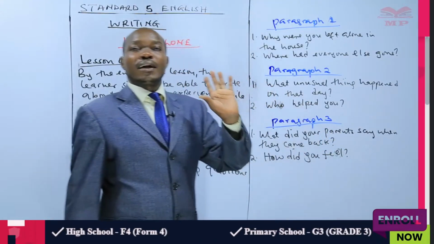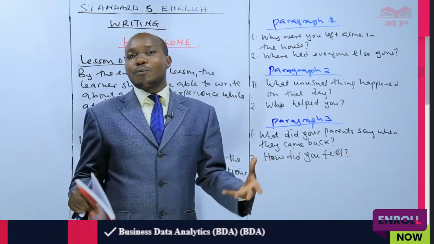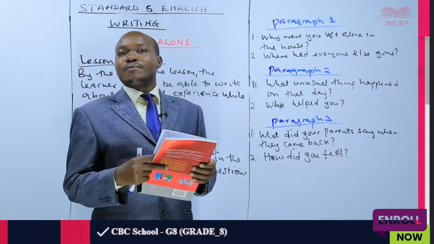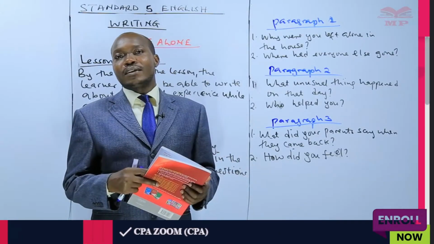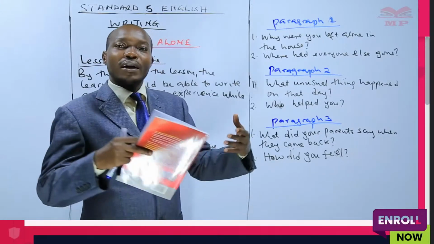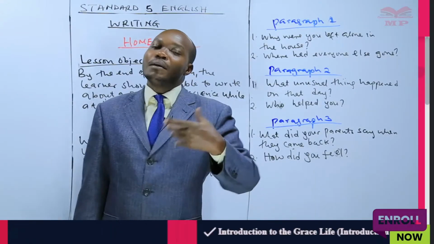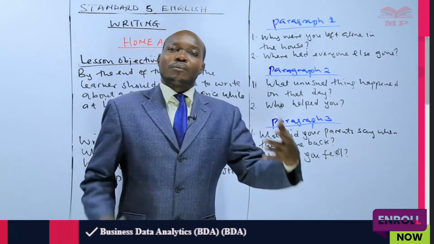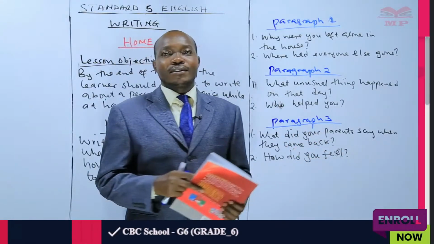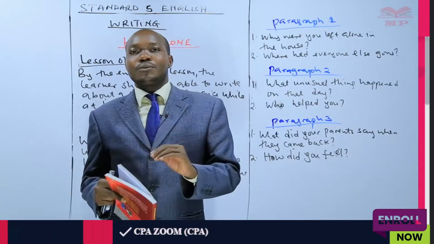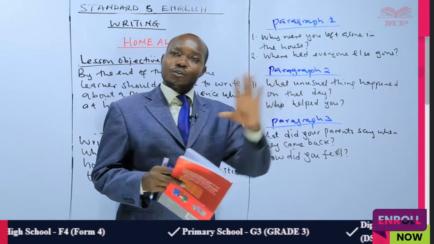So we're going to write a 3-paragraph story about an incident that happened at home. Please be creative enough, be imaginative enough. Tell us what happened, okay? And your reaction and how you are helped. All right. For example, if your neighbor helped you, what happened after that? Did your parents thank the neighbor? Okay, something like that. So can you be creative enough and write a 3-paragraph composition, a short one of 3 paragraphs,